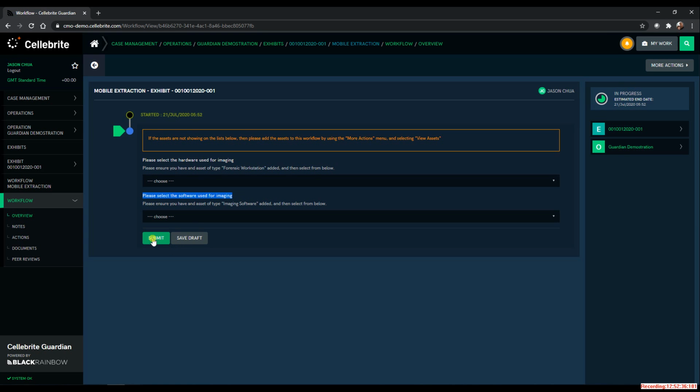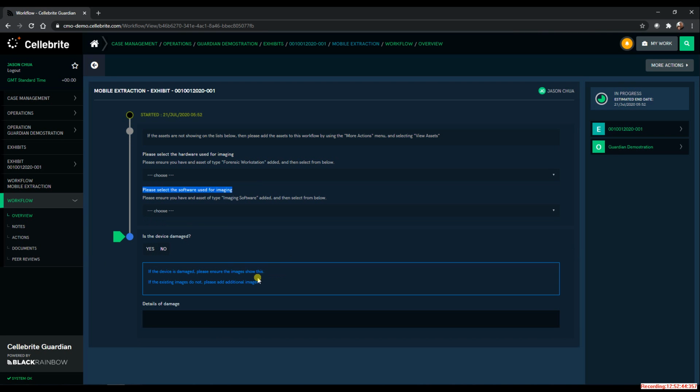So upon choosing all these assets and of course the version number, I can then press submit. So this will be the series of questions that I've shown to you earlier on the workflow process, the waterfall workflow, whether if the device is damaged, yes or no, submit,